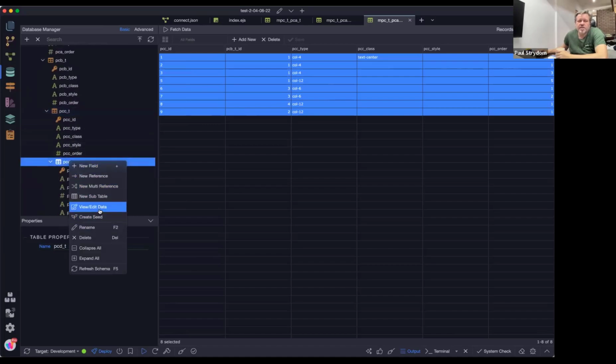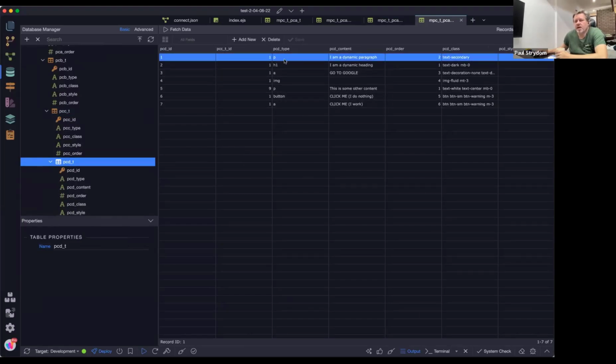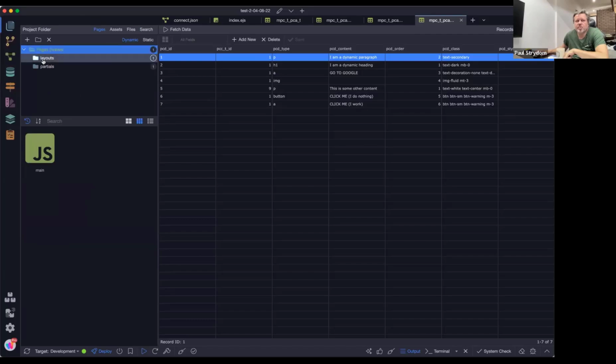And then within the content itself is where the tricky stuff comes in. You would have a type, which in this case I've said is a P tag. What is the content of the P tag? I am a dynamic paragraph. The order of that, in this particular case, is 2, so it's going to be under the heading, which is 1. And it'll have a color of text secondary with dark, and it's got styles attached to that as well. So when you now look at this from the index page perspective,